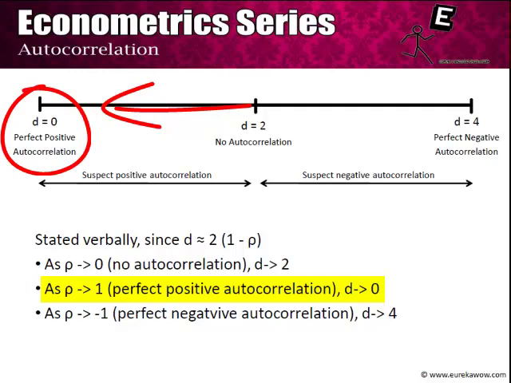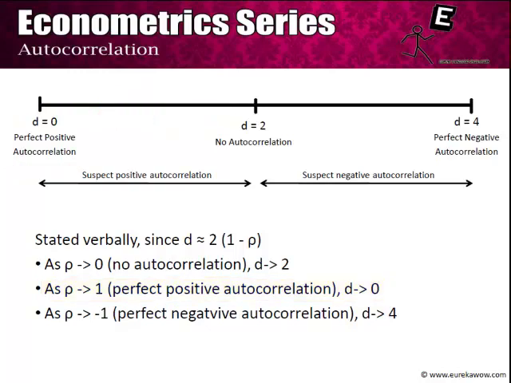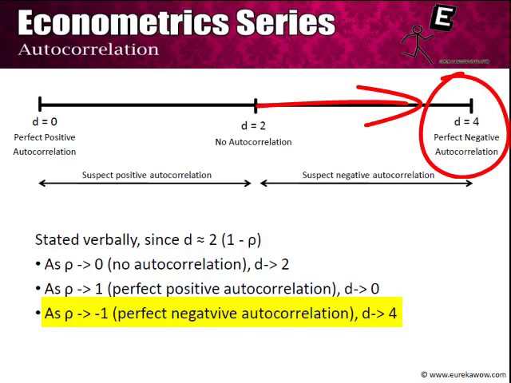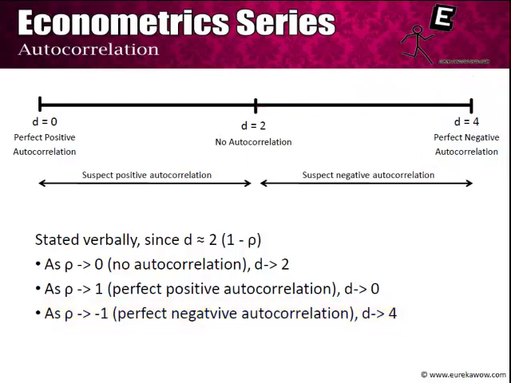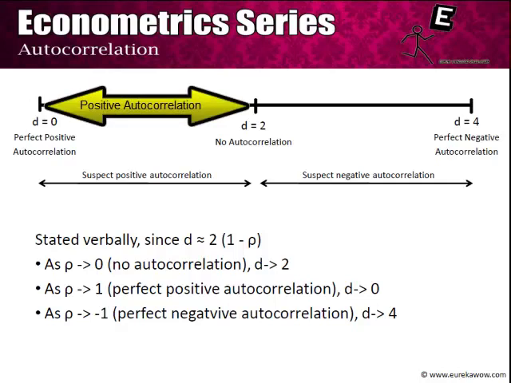Hence the left hand limit of this diagram, which is d equal to 0, refers to the case of perfect positive autocorrelation. As rho tends to minus 1, that is as there is perfect negative autocorrelation, d tends to 4. Hence on the right hand side of this diagram we see d equal to 4, that is perfect negative autocorrelation. Hence when we obtain an estimate of d, any d from 0 to 2 would make us believe that there